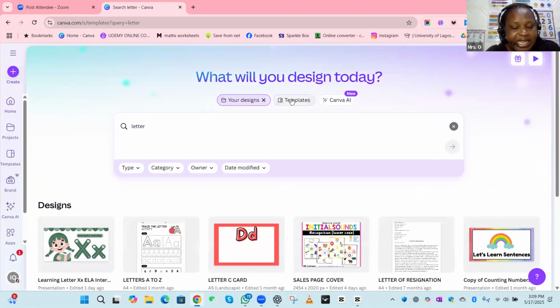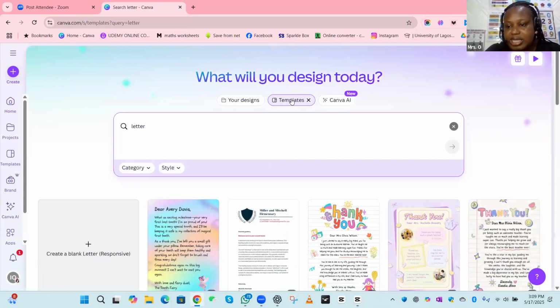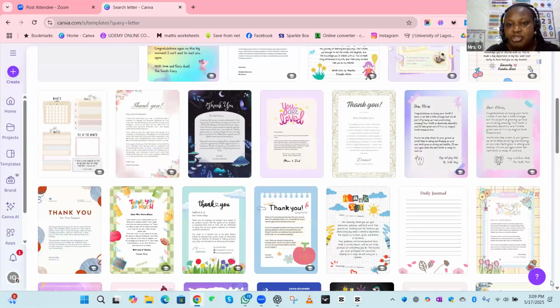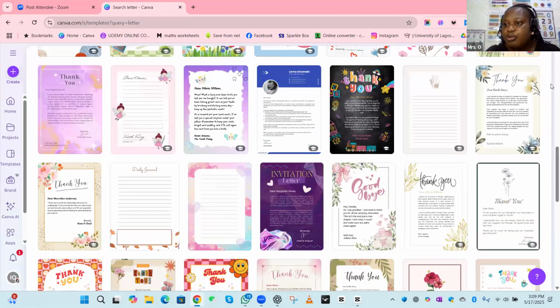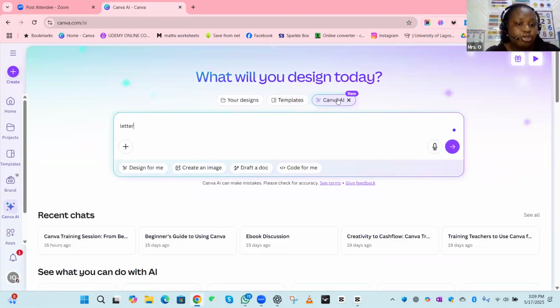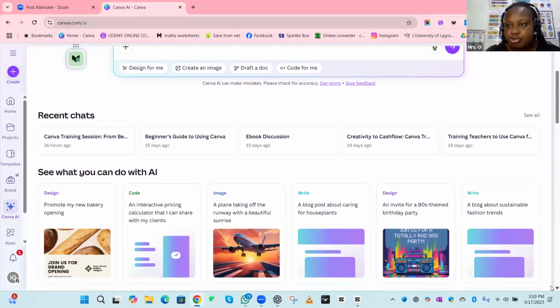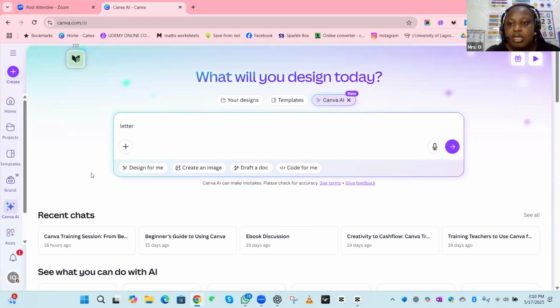If I move to templates and I say letter, it will go into Canva's template library and bring out different types of templates for me to do whatever I want to do. And then if I click on Canva AI, it means that I want to use Canva's AI app to do something related to a letter. Okay, so now let's go to the